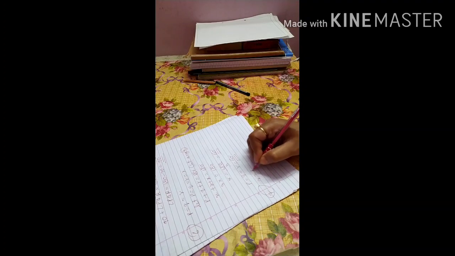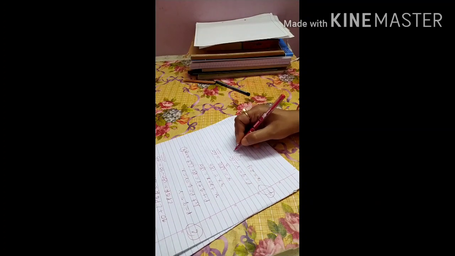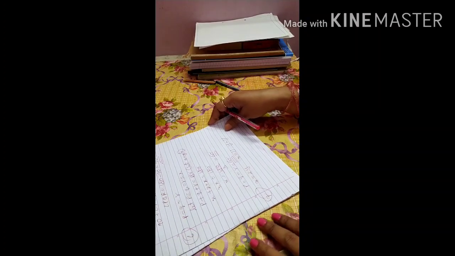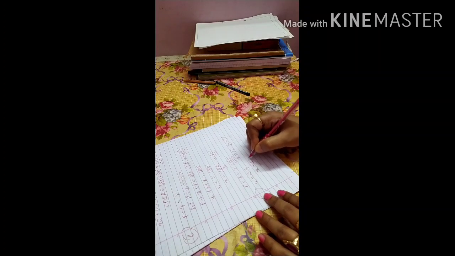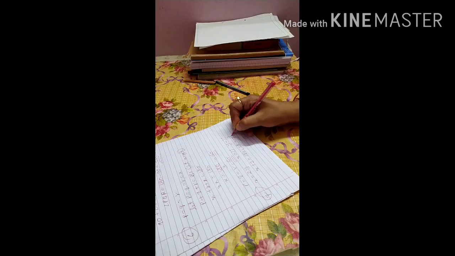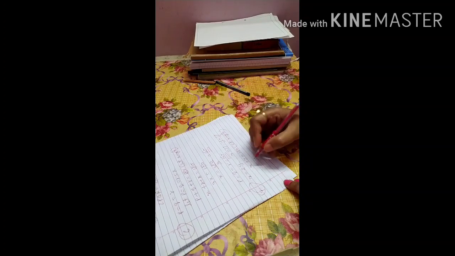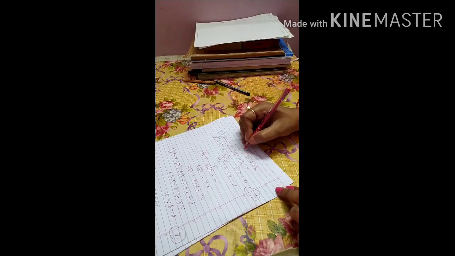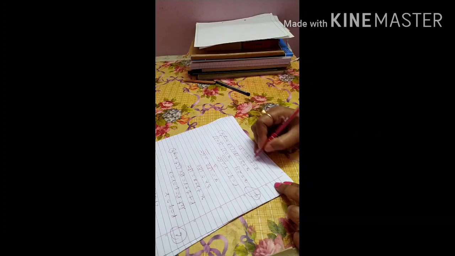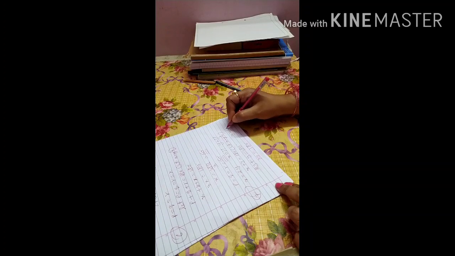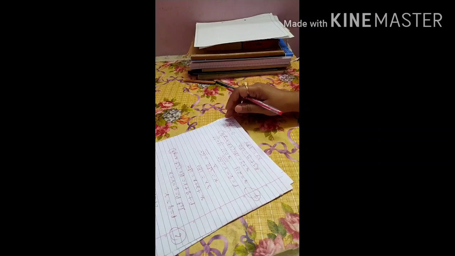If x is equal to 2y, then you have to find the value of x and you have to find the value of y. So according to the diagram, what you can write? X plus y is equal to 180 degree, and the reason is straight angle. So in place of x, what we can write? 2y we can write. So 2y plus y is equal to what? 180 degree. 2y plus y is equal to what? 3y is 180 degree. So y is equal to 180 by 3, that is 60 degree. So the value of y is 60 degree.